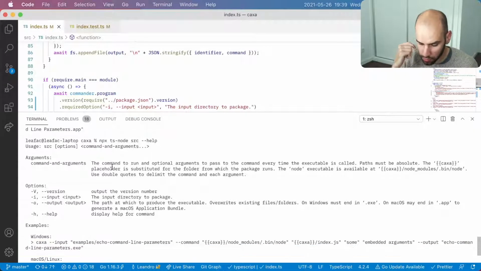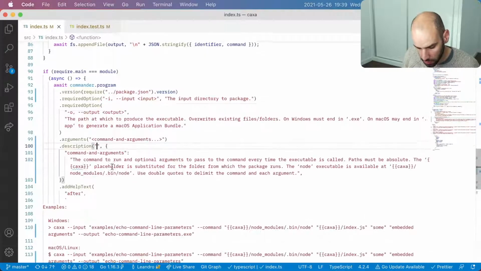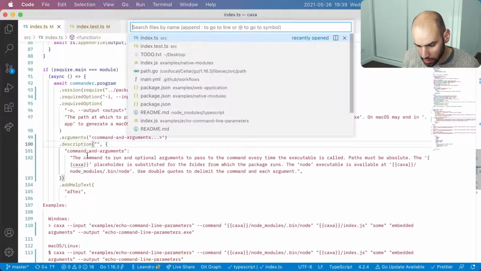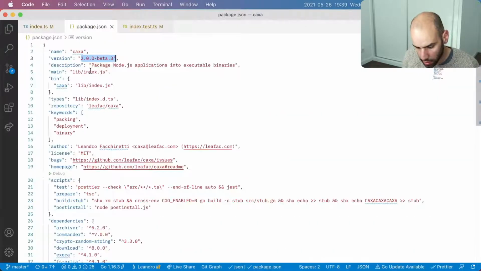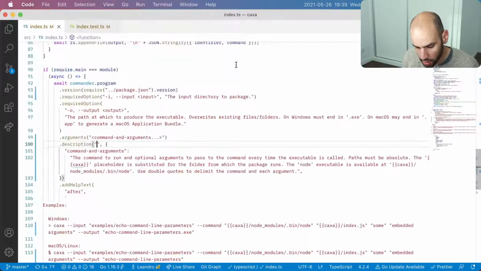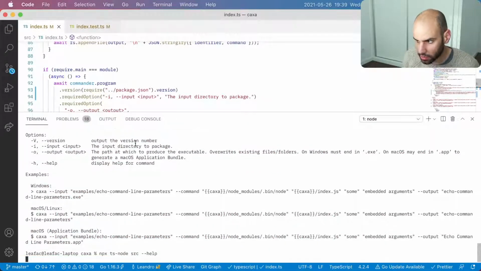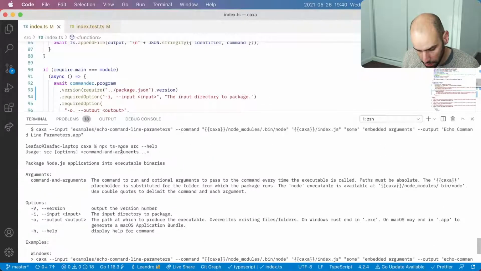Do we want to provide any description? Maybe. Let's look at the package.json. Package Node.js applications into executable binaries. Fair, that's a description. And let's see how this reads. Package Node.js applications into executable binaries.